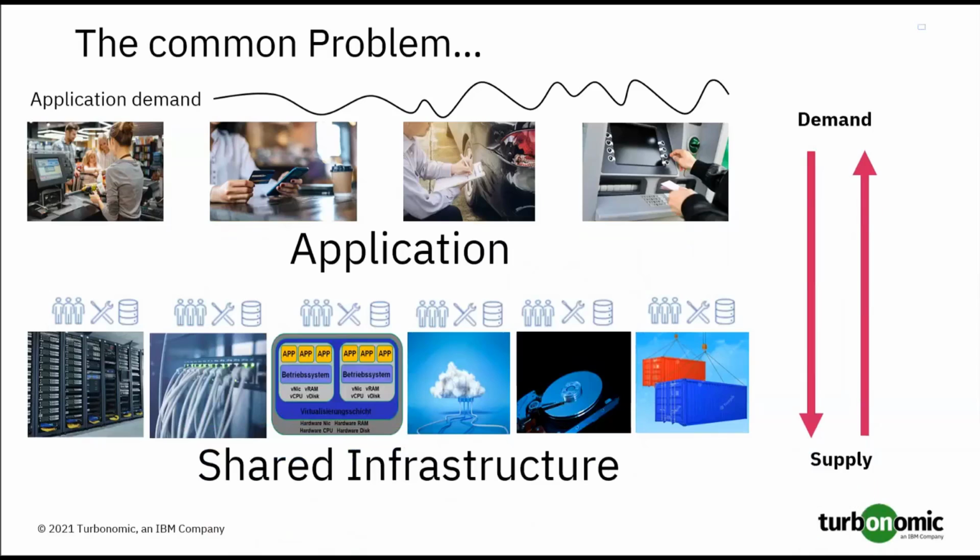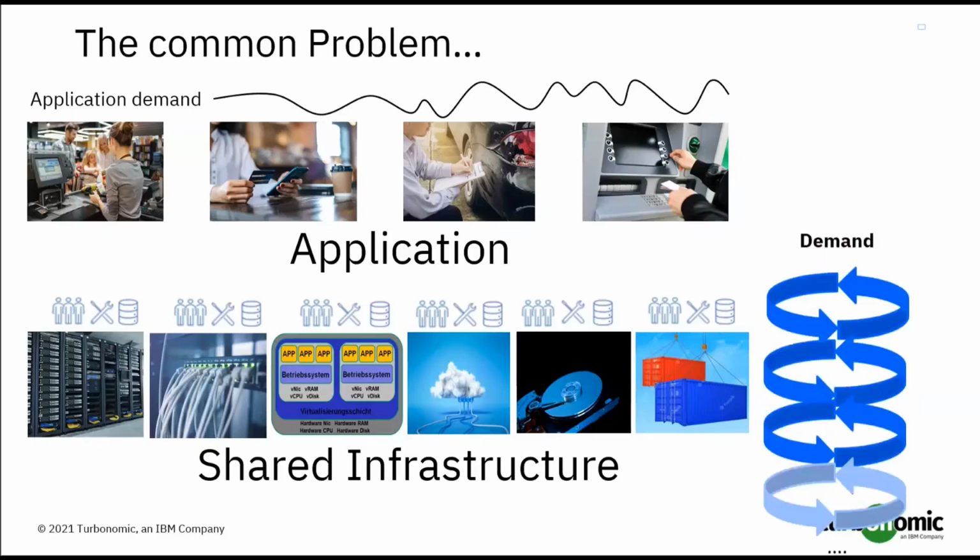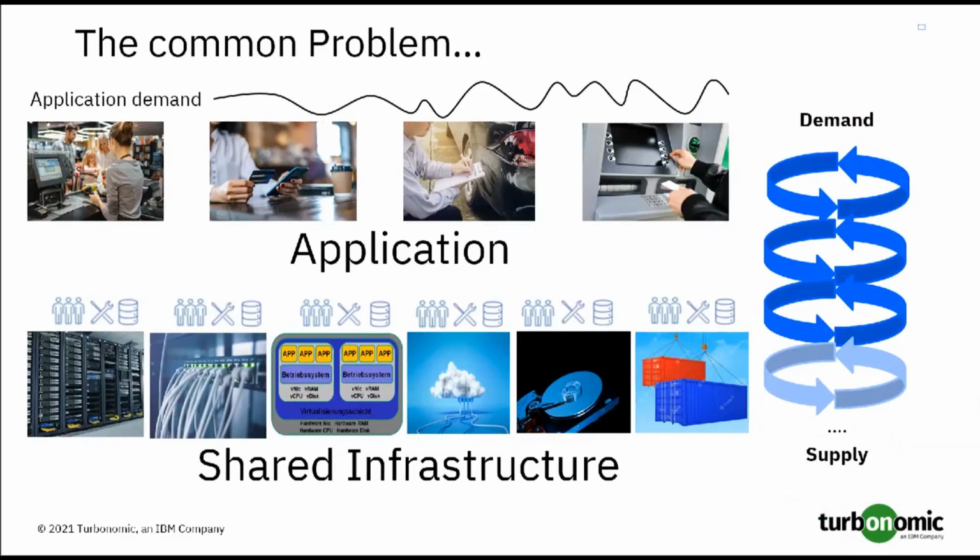What could help in here? At the end of the day, the whole system is based on demand and supply. So the application is demanding some resources and the infrastructure supplies these kind of resources. That sounds easy, but it isn't as easy because at the end of the day, it's a little bit like a stacked demand and resource. So for example, the application is looking for more resources, and the virtual machine, or the container, is giving more resources to the application. But on the other hand, the container or the virtual machine is asking the physical host to get more resources to fulfill the demand. And the physical host is asking for the storage to give more resources to fulfill the